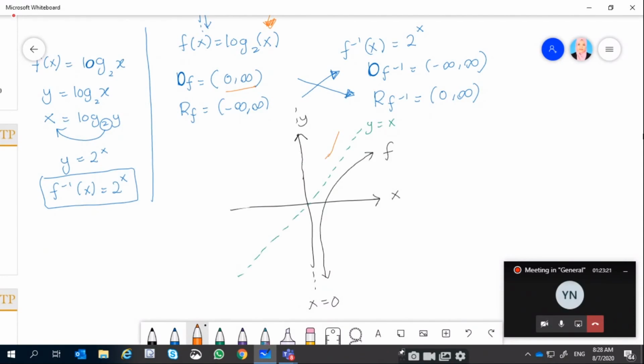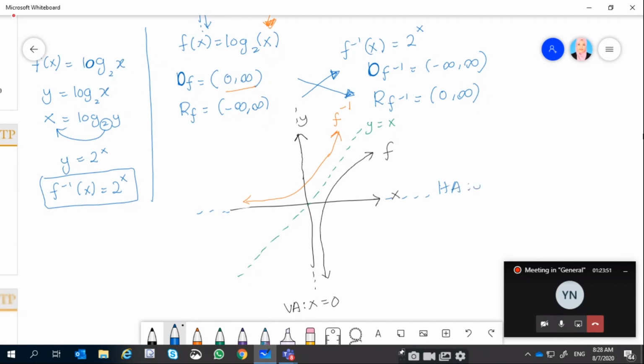So in the end there is no intersection. For this question you have to clearly label the F curve, the F inverse curve, the reflecting line, which is y equals x, the vertical asymptote, x equals 0, and the horizontal asymptote,